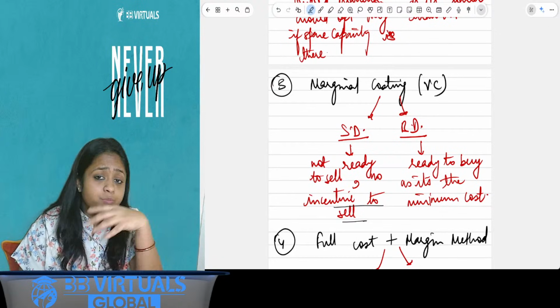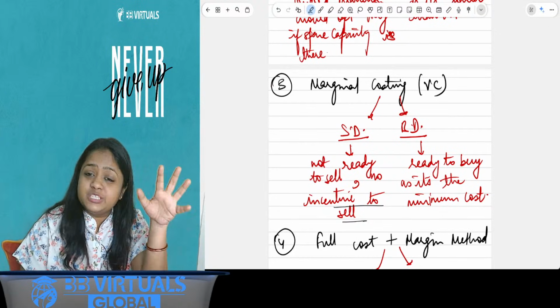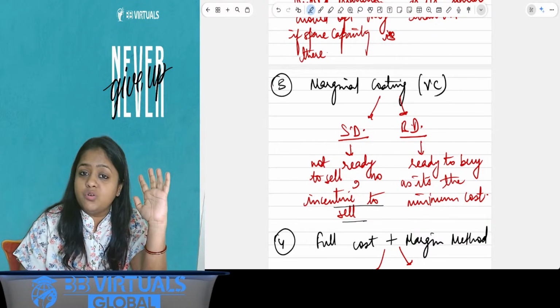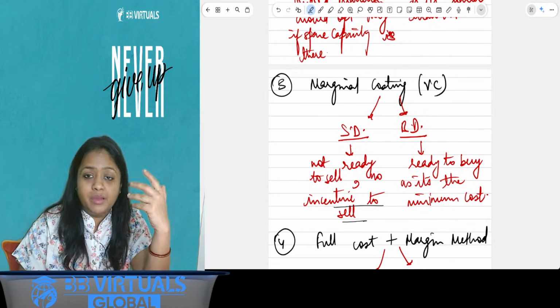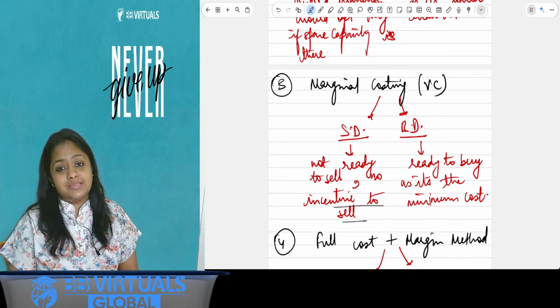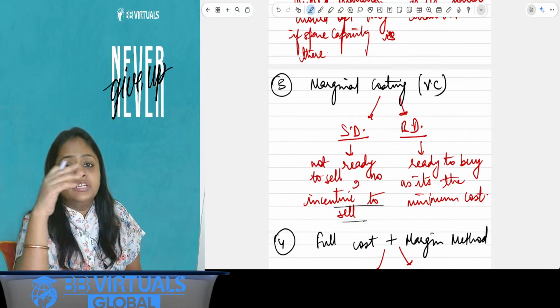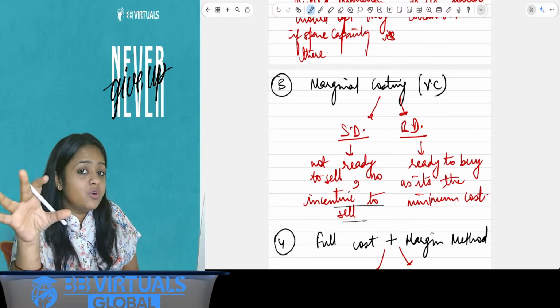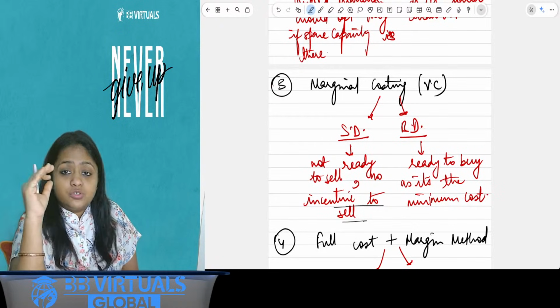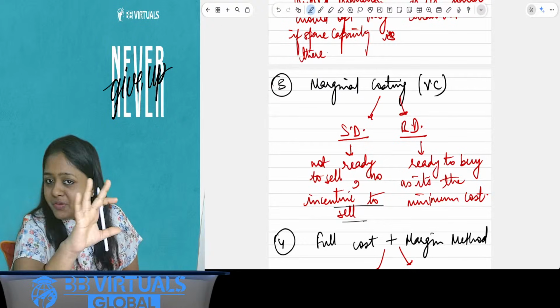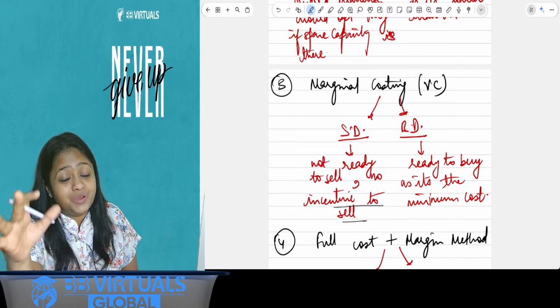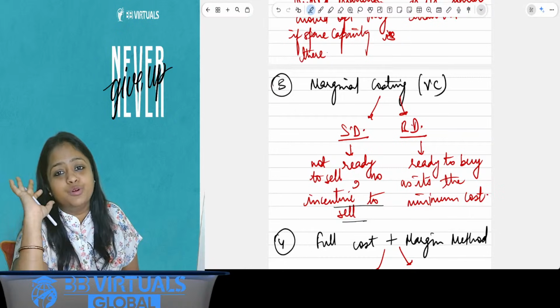Because here, from the entity point of view, at least when they have spare capacity, what is the only cost that they are getting? Assuming that they're just working till the capacity levels only, so fixed cost is practically not incurred additionally, right? So what is the only cost that they are incurring? Variable cost. So division A would generally not be very happy to sell at variable cost, because it's the minimum price that they would get,